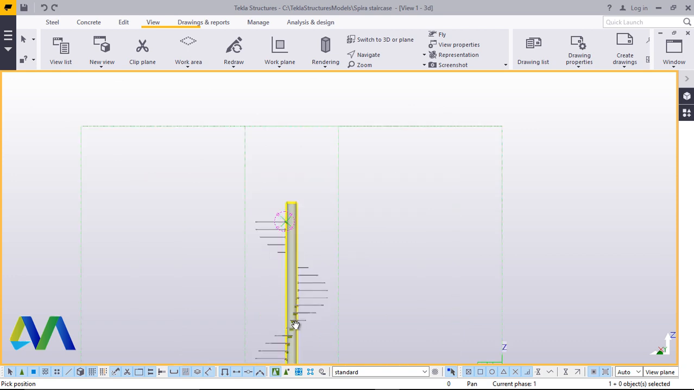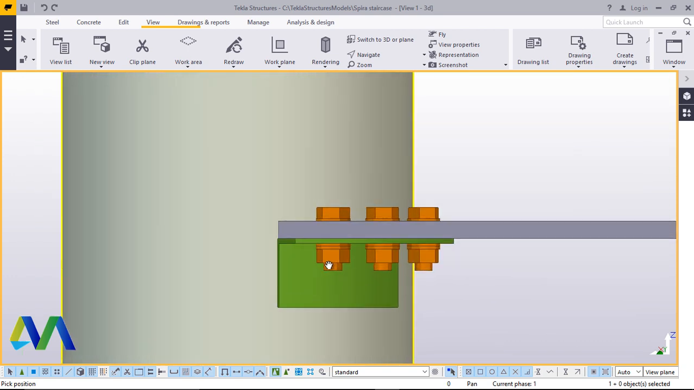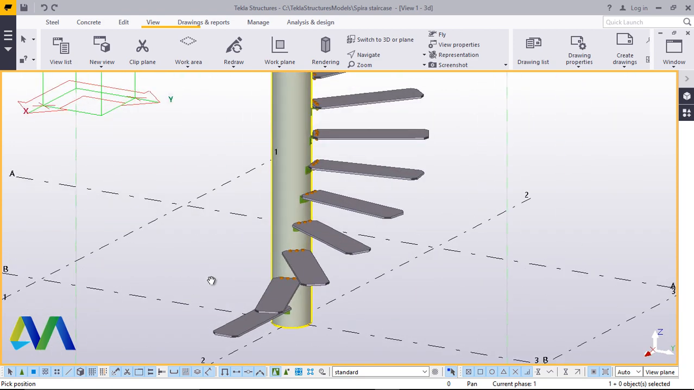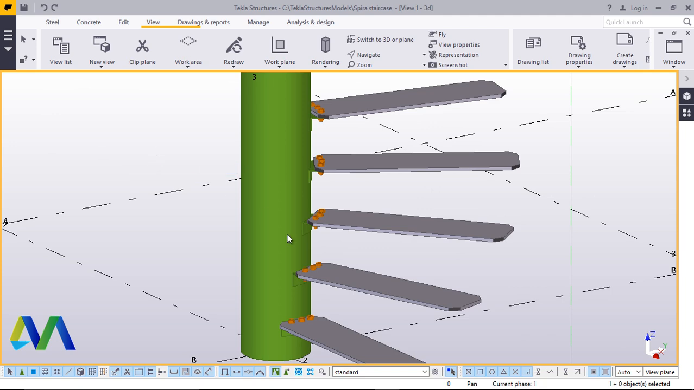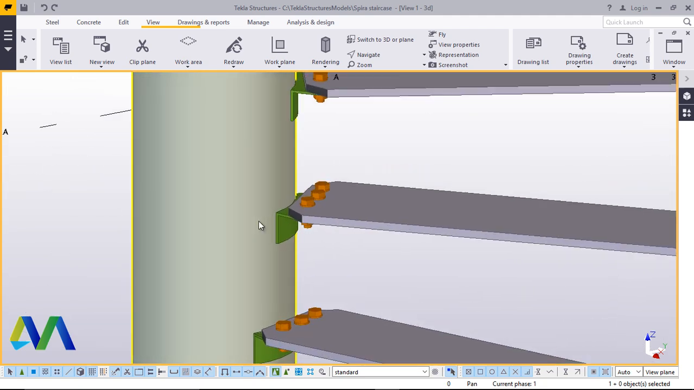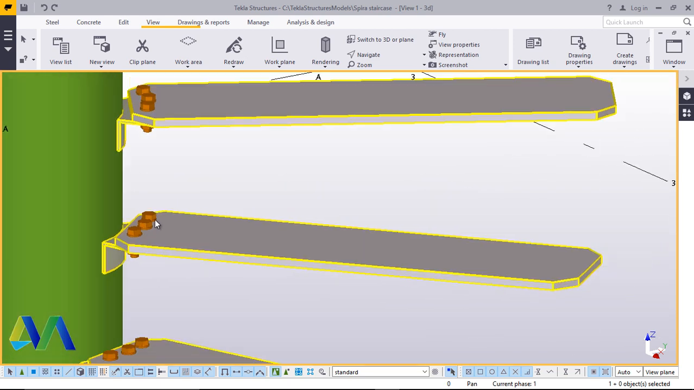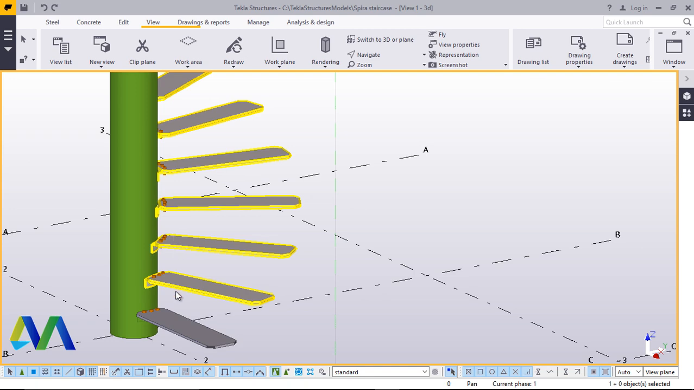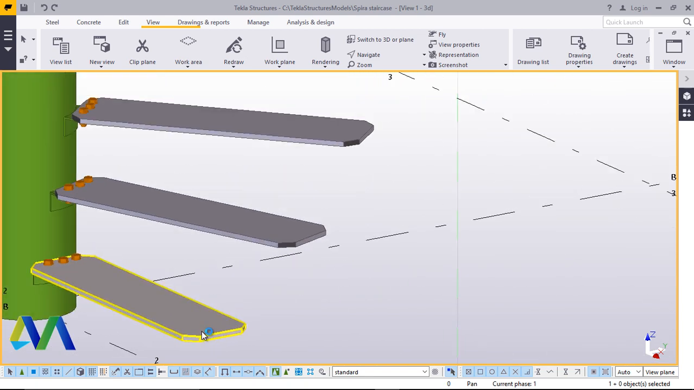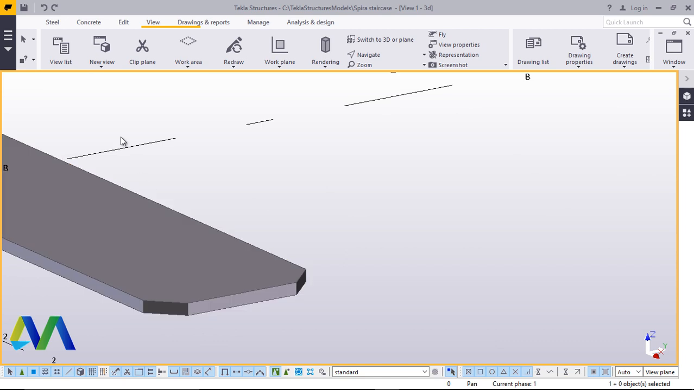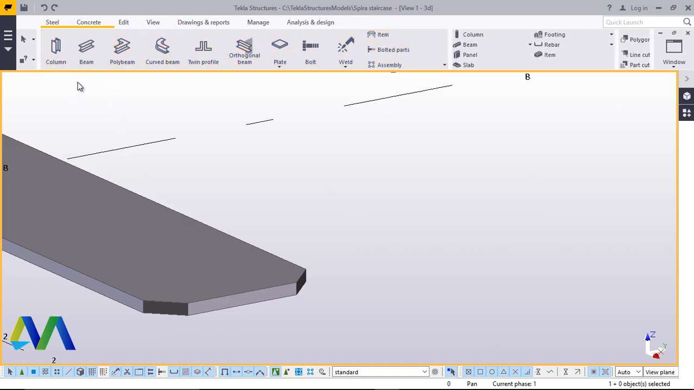We've created our threads and cleats. And remember, these cleats are welded to this hollow section, and threads are bolted to the cleats. Now from here we want to create the posts or the handrails. To create a handrail, just come to steel beam,